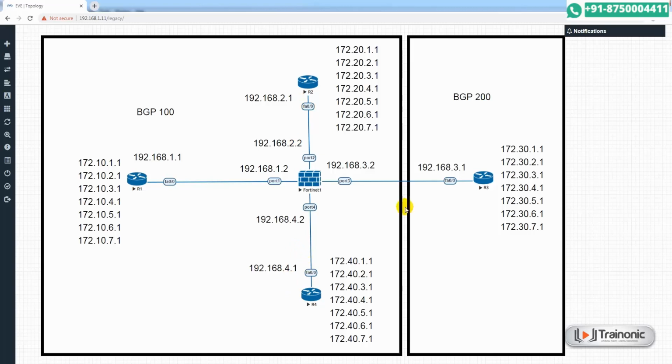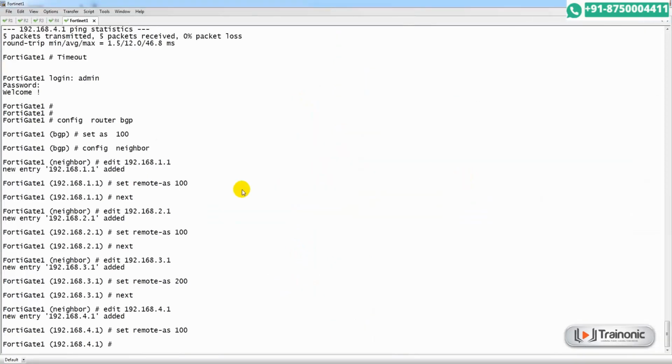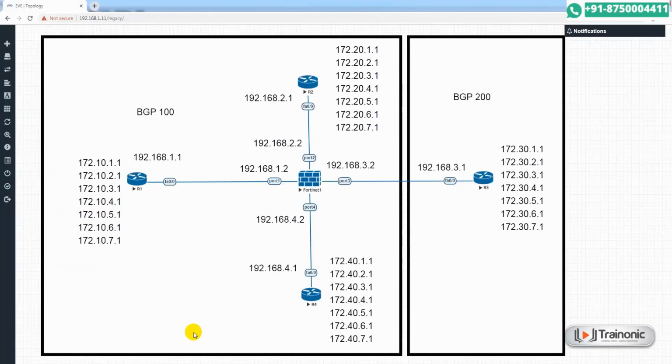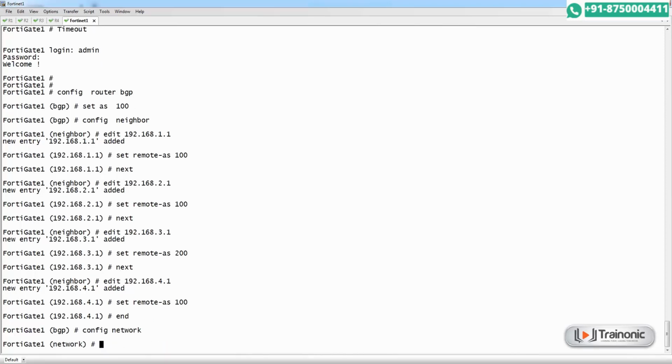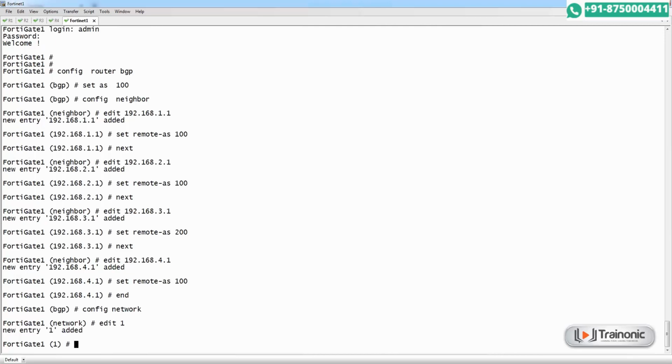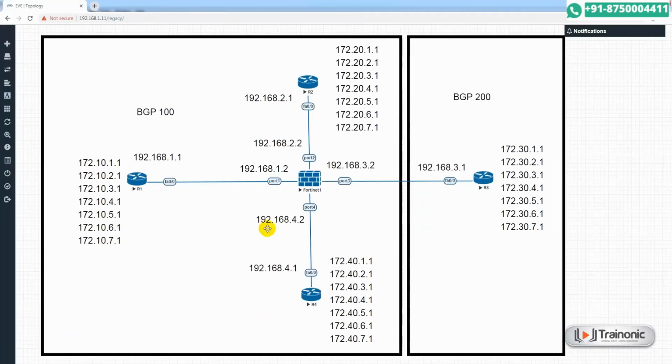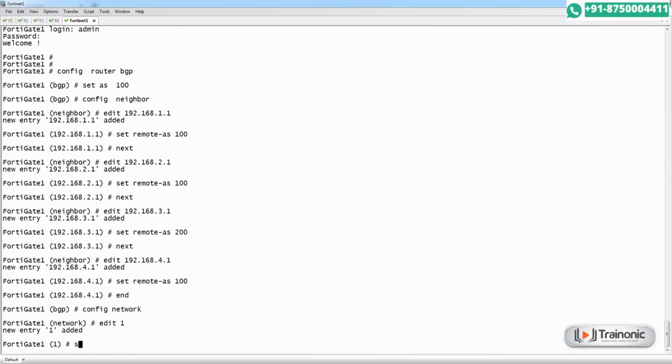Then here end and config network. Config network, edit 1. Then we have here 4 networks: 1.0, 2.0, 3.0, 4.0. Then here we need to set prefix 192.168.1.0/24.